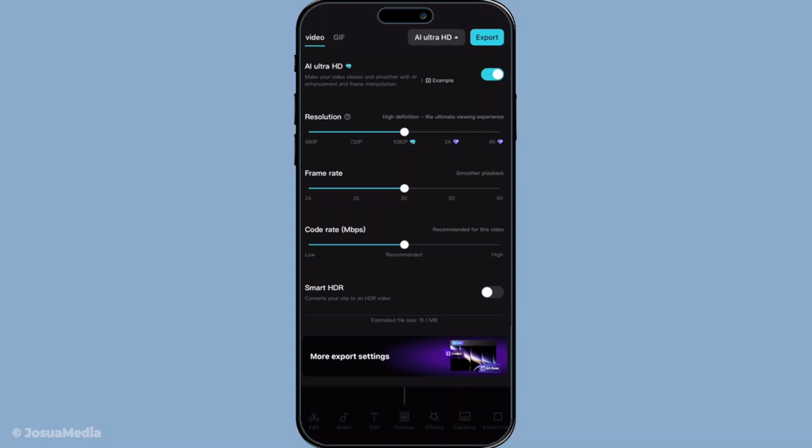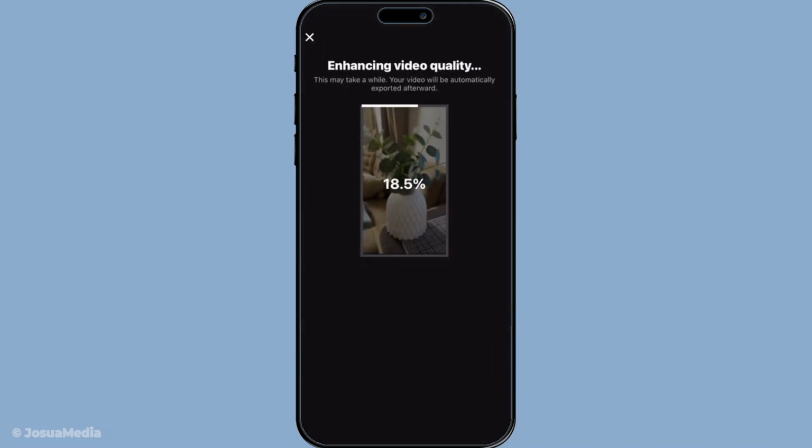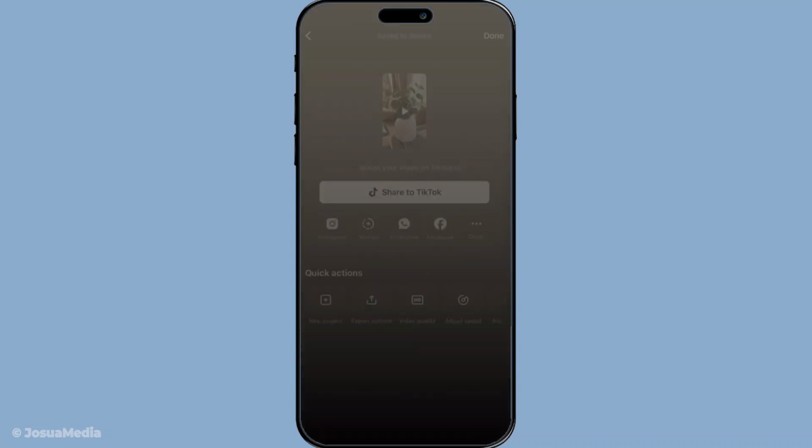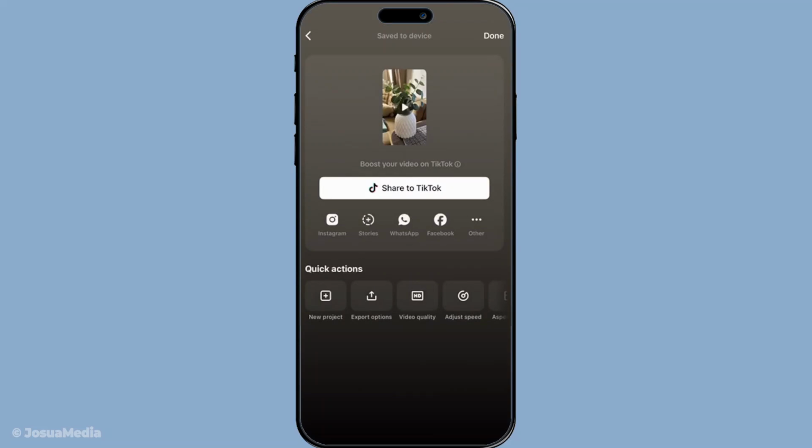After selecting the appropriate resolution, the final step is simple. Tap the export button to save your project. The exporting process will begin and soon your mobile device or computer will have a high quality 4K video ready to be shared or uploaded as you see fit. From here, if your platform supports it, you can upload it to platforms like YouTube in 4K, giving your audience